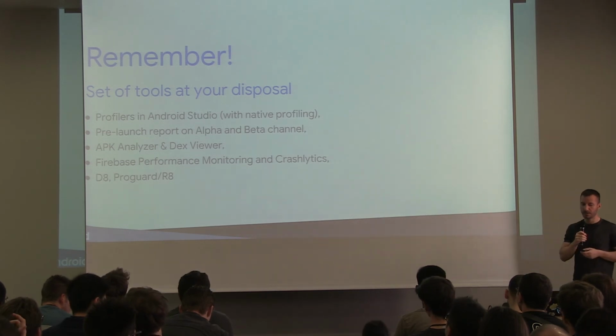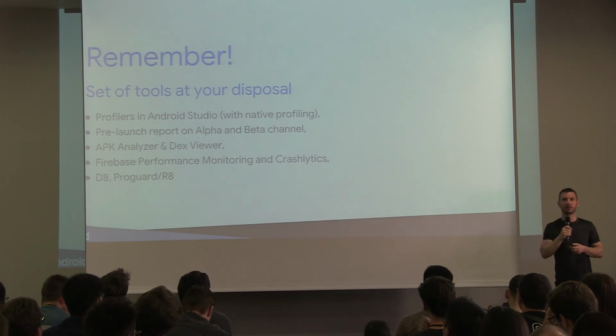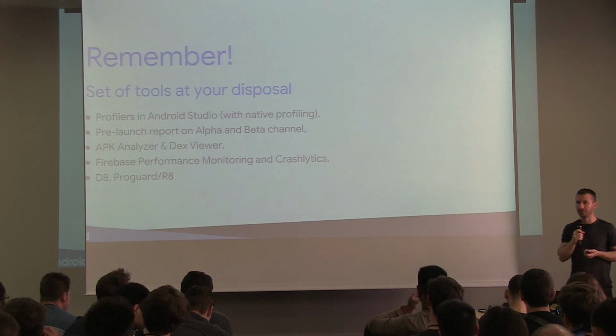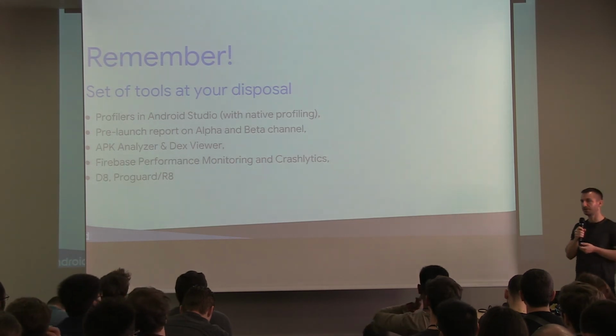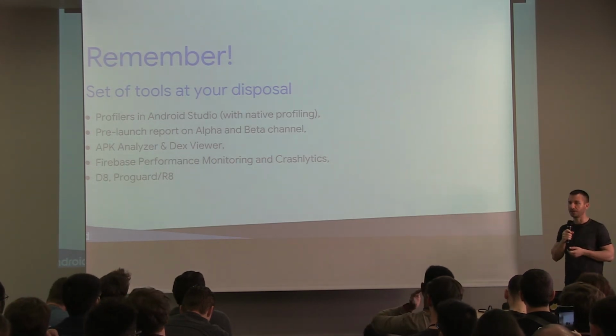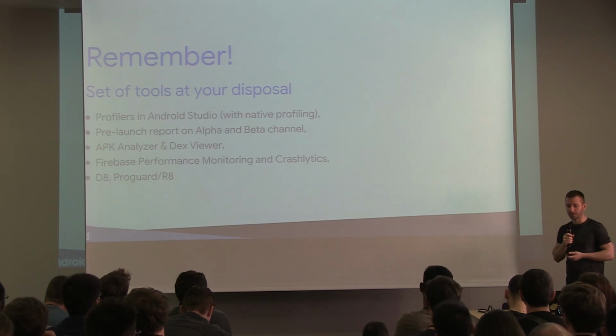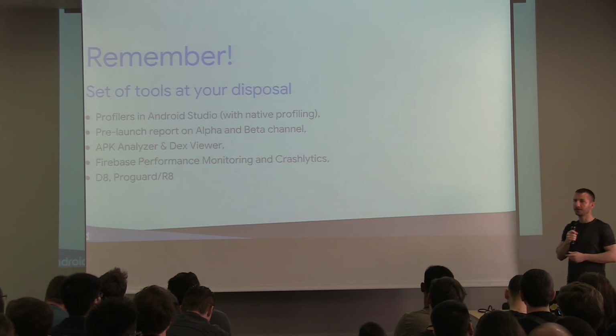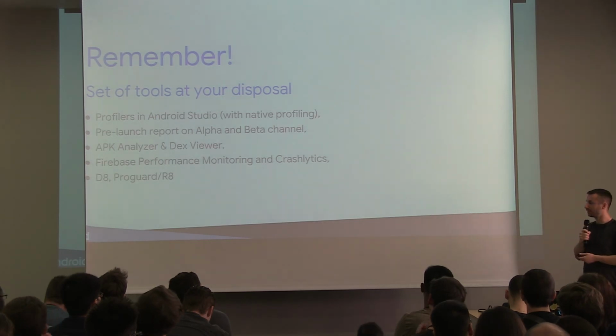You can choose to use Firebase Performance Monitoring. It gives you a lot. So if I had more time to talk about that rendering section, that's where probably I would mention it. It lets you report a lot of stuff about janky frames and the smoothness of your app, and report it back to your server so you can actually run some analytics on that and try to fix it.